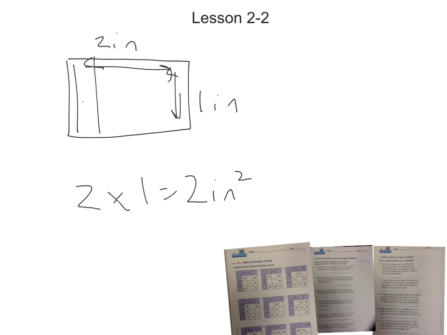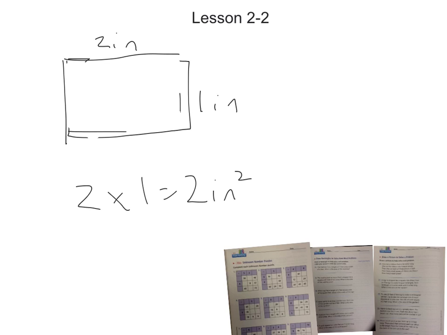Okay, so that would mean that this drawing, this rectangle, would actually just be this. Each of these are 1 inch squares. So you have 1, 2. So if it was bigger,